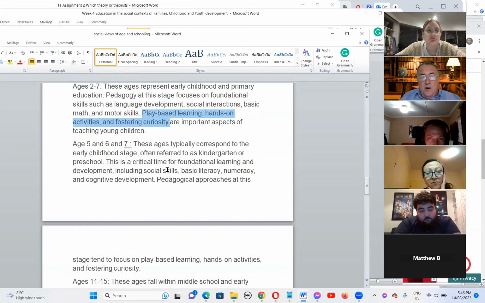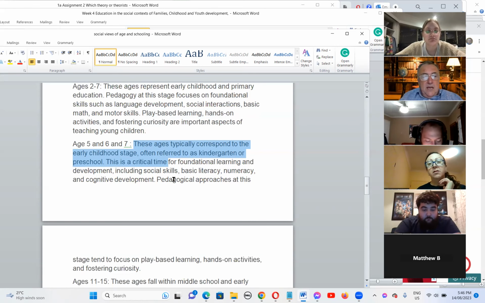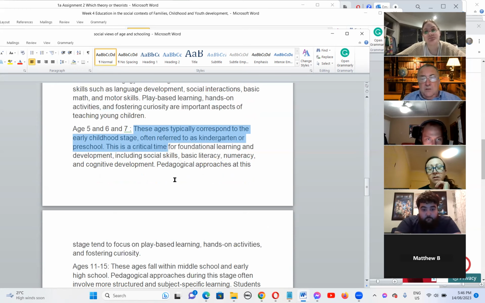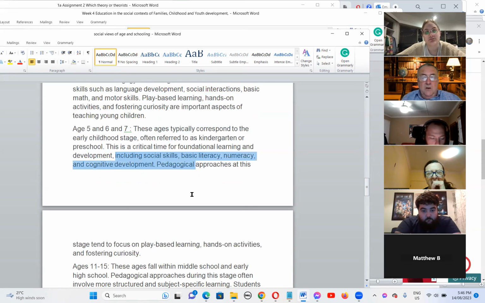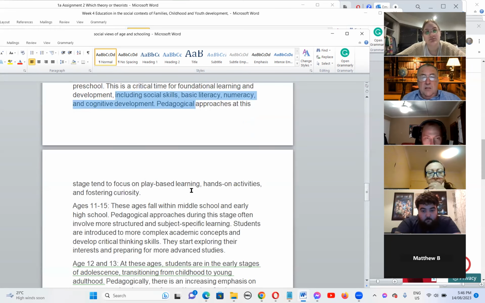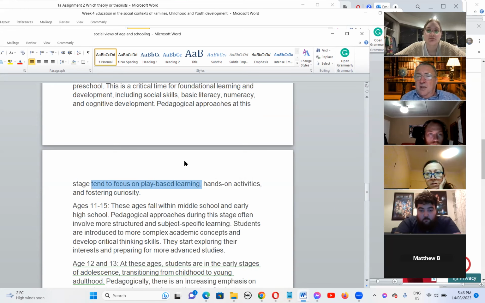Then when you begin primary school, we know that there's development in the mind, development in the person, and so kindergarten and preschool are meant to encourage this. They develop more social skills, basic literacy and numeracy and cognitive development. The pedagogical approaches at this stage continue to focus to a certain extent on play-based learning. Though if I talk to teachers, has anyone, hands up those who are looking at doing teaching in prep through to year 1 and 2?